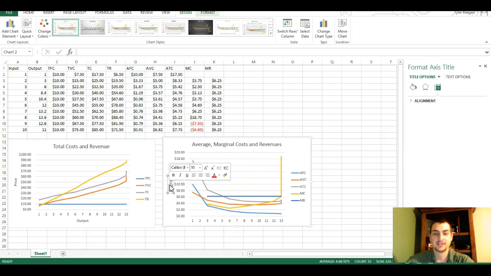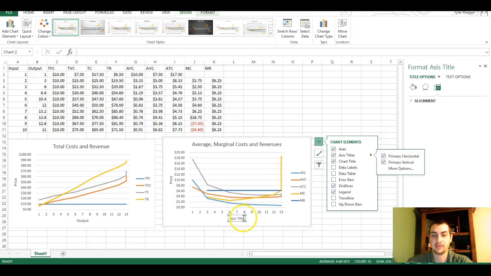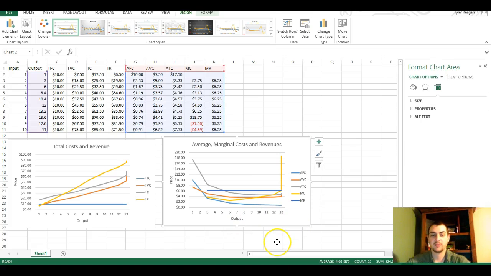So then the last couple things we need to do is adjust this to say price, and add that last label, the primary horizontal label. We're going to call this output. So that's going to be hopefully a pretty quick and easy tutorial on how to create graphs using